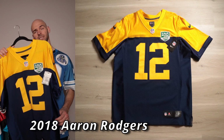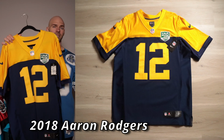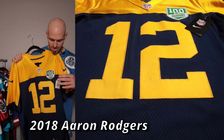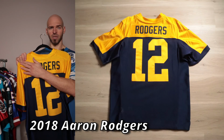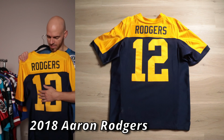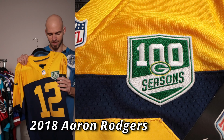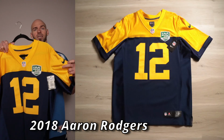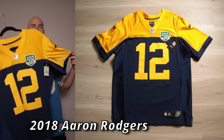It's going to be a 2018 Nike Elite Green Bay Packers Aaron Rodgers jersey. Guys, it's really straightforward. We have a navy jersey with yellow shoulders as well as yellow front numbers. When we turn the jersey around, we are going to have a navy name on top of the yellow shoulders as well as yellow numbers on the back, just like the front. Turning it back to the front, we are going to have the 100th NFL season and anniversary patch for the Packers. And yes, guys, even though this is a 2018 model, Aaron Rodgers actually still had longer sleeves for that